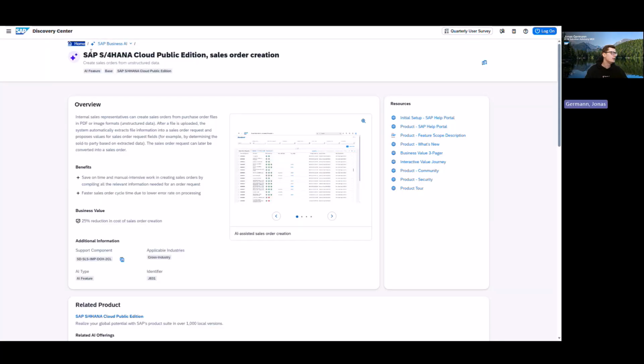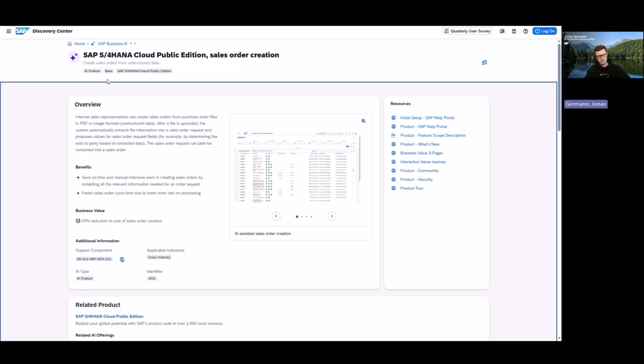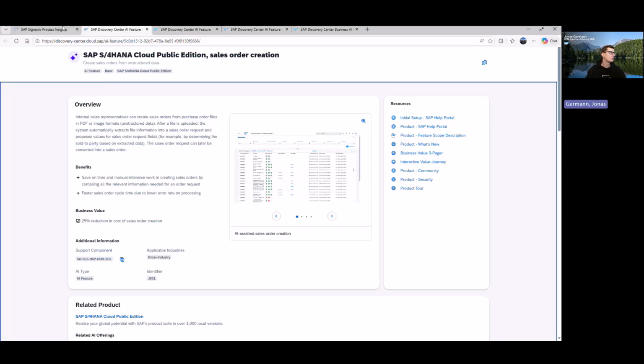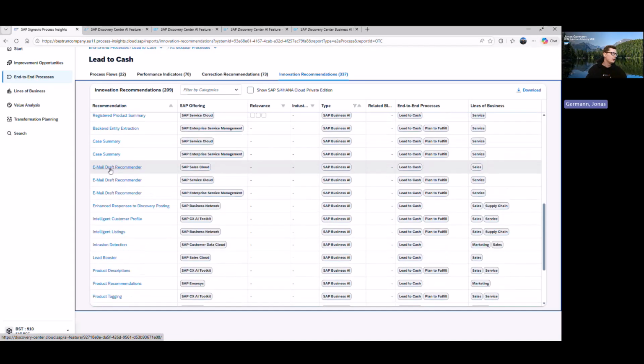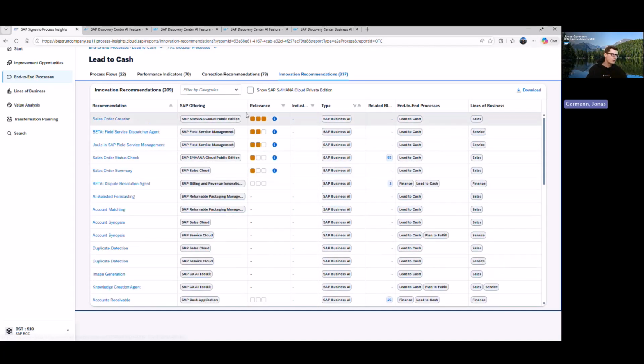You see here, SAP S/4HANA Public Cloud Edition, Sales Order Creation. It's obviously an AI functionality or AI-supported functionality, and it's base AI. So I can now create a list for myself, write down, okay, I want to have this. And with this idea, I can go through all the AI innovations, maybe filter based on relevance for me, and I can see